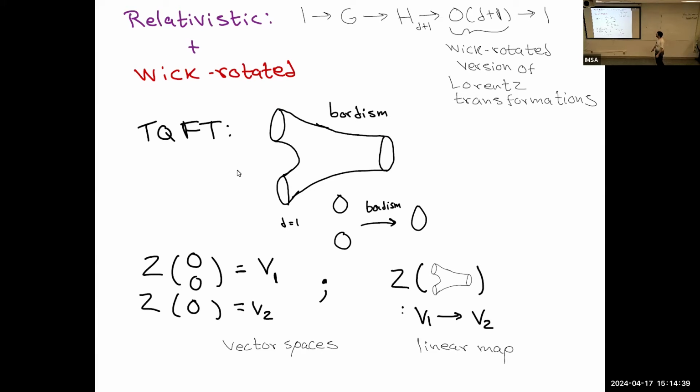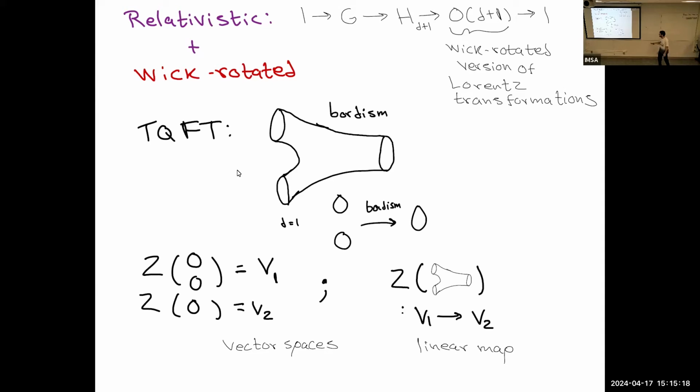Okay, so what does relativistic plus weak-rotated mean? We have to be careful here, but in the formalism of Freed and Hopkins, they use a symmetry group. This G was the internal symmetry group, and they extended the symmetry group to include this group here. And notice the D plus 1. This is a weak-rotated version, which means a Euclidean version of Lorentz transformations. For them, Lorentz transformations are very important. They're actually fundamental in their classification. Your system somehow has to have emerging Lorentz transformations.